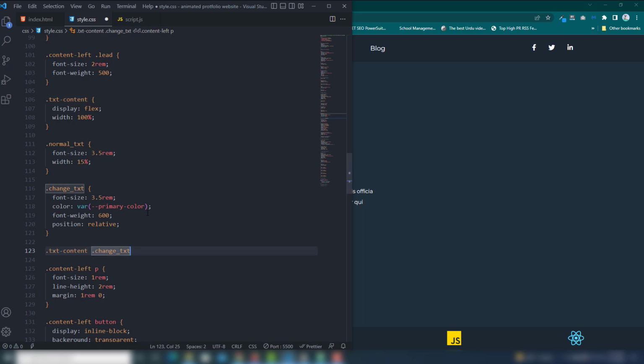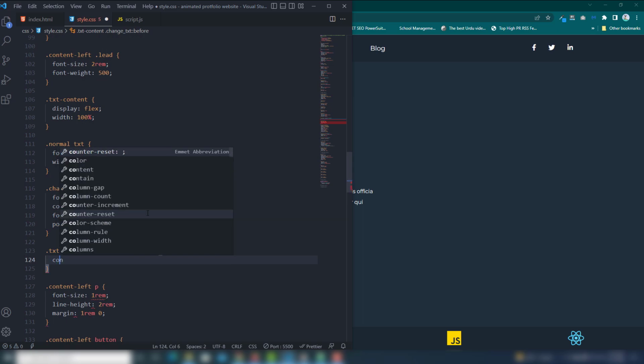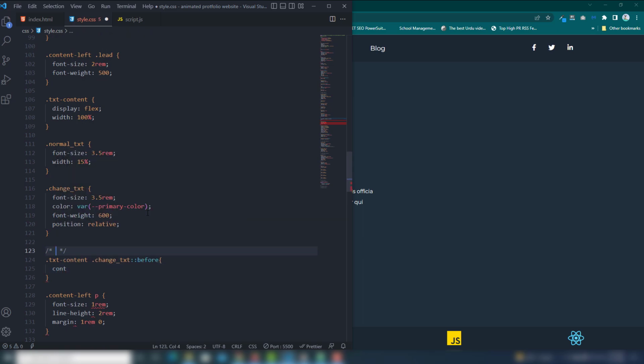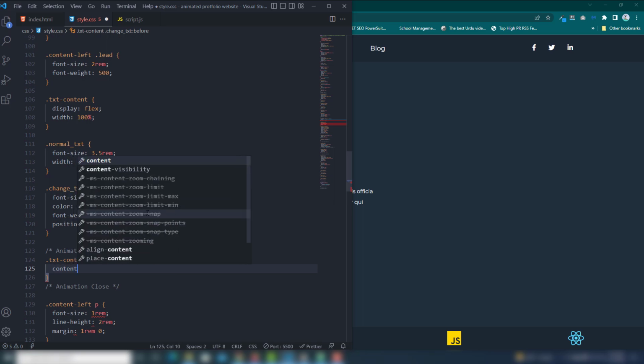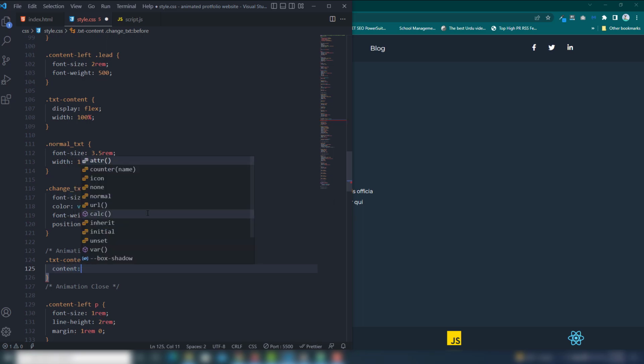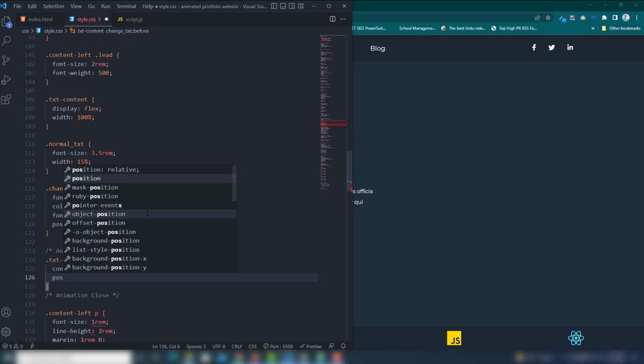We need to target the change text completely and call the colon before. You need to use content, which will be empty, and for position we need to use absolute.